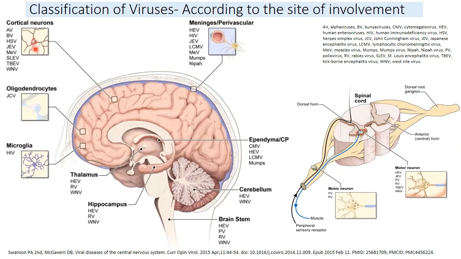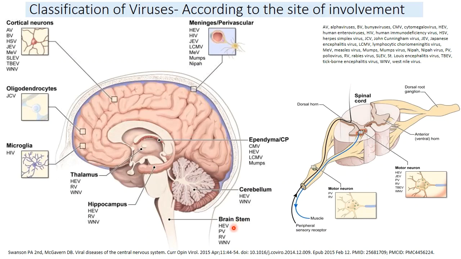The oligodendrocytes, on the other hand, are affected by the JC virus, that is the John Cunningham virus. The microglia, on the other hand, is affected by the human immunodeficiency virus, as we all know. The thalamus and the hippocampus are affected by the human enteroviruses, the rabies virus, and the West Nile virus. The cerebellum is also affected by the West Nile virus and the human enterovirus, whereas the brain stem is characteristically